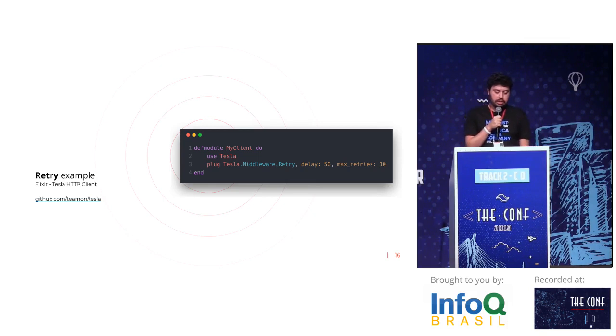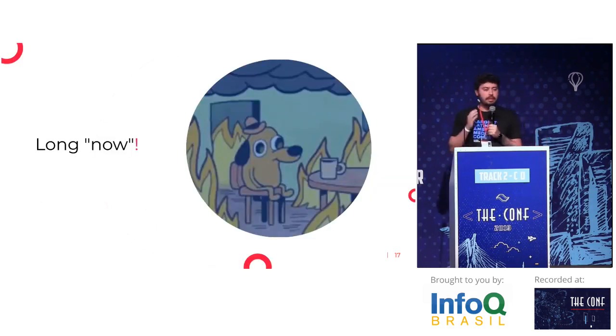We use Tesla as a good HTTP client, so I put the link here. Okay, so I have my timeout properly configured, and my retries aren't working, so maybe I'm facing a long-term failure. Maybe I'm facing a worse situation.